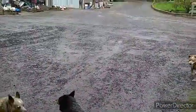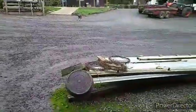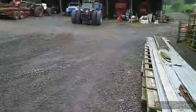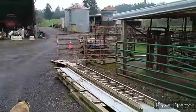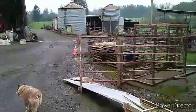So anyway, I'm going to let the cows in. I'm going to go be lazy again. I'm kind of getting tired of this being lazy, but hey, at least I more or less worked all morning, right? Didn't get a few other things done I had planned, but, you know,